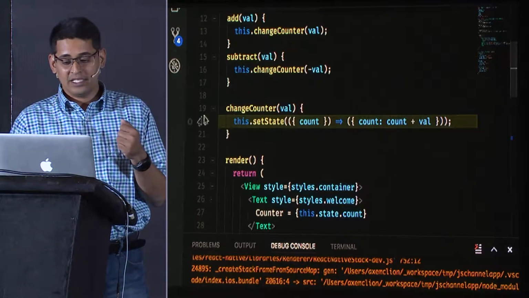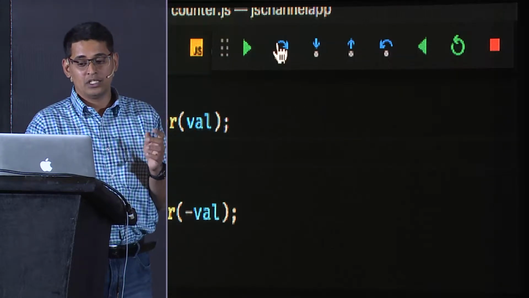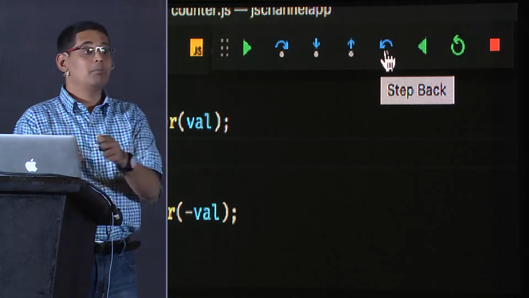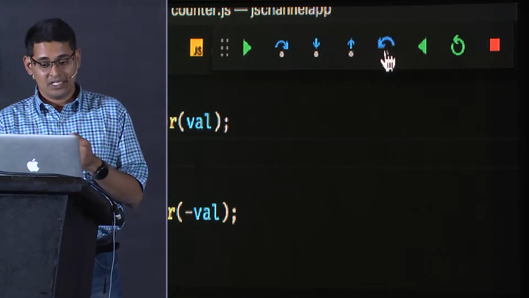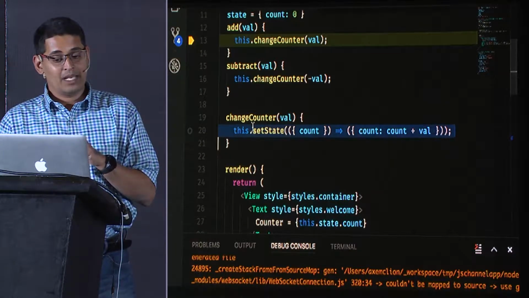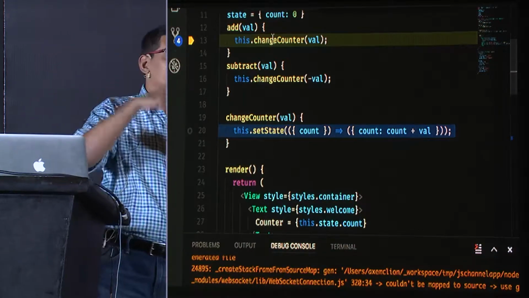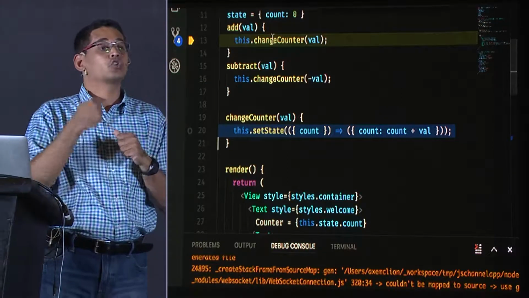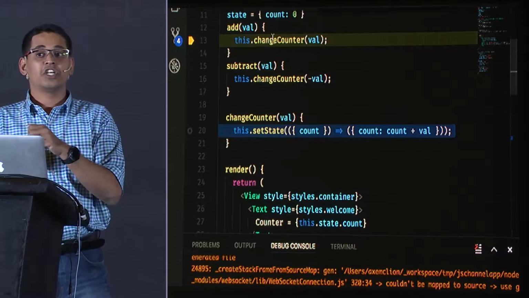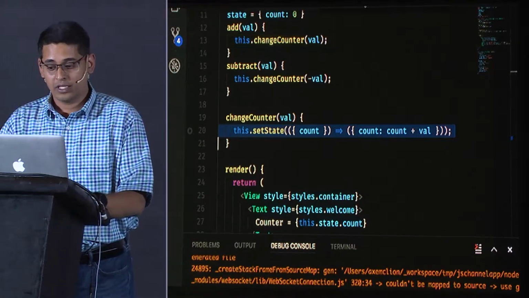But now when I'm hitting this other breakpoint, apart from the ability to step forward or step into or step out, I can now step back in time, which basically means I hit this, and I was in this frame, and I was able to go back to this function. And that's actually super cool. You can actually jump back and forth between statements, which makes debugging so much easier. And because it's React Native, I didn't have to change a thing. I just changed my debugging engine or node engine, and it worked. And that was remote debugging.